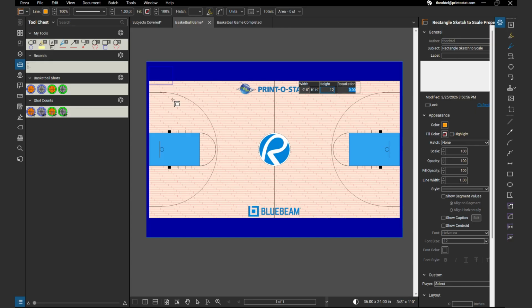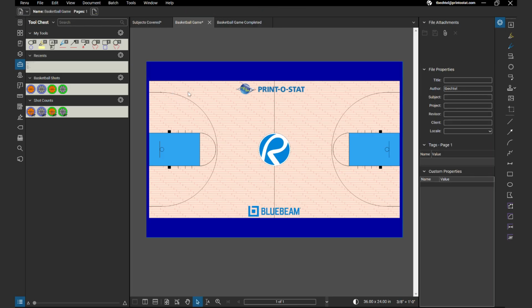So I could make a 9x12 rectangle here. But that is the set of tools I use to construct this basketball court, specifically to NCAA standards to scale